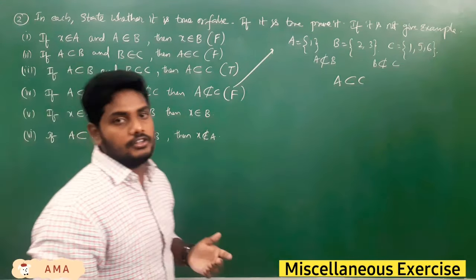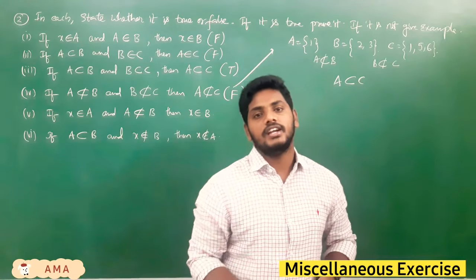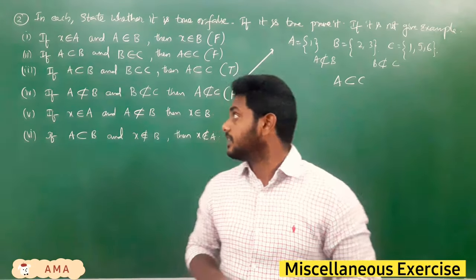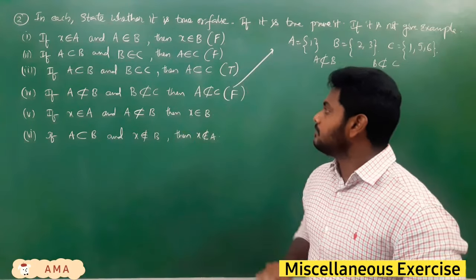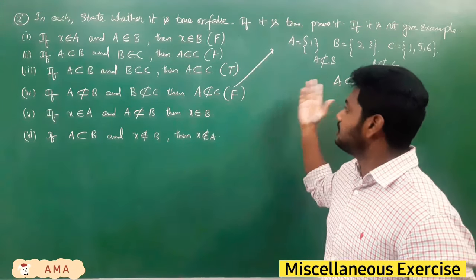Like in 10th, you have written 10th exams. You have passed in all 5 examinations. If you have failed in at least one examination, that is nothing but you have failed in 10th. Right or not? Like that. In that whole statement, if any single condition won't be satisfied, then it is false.